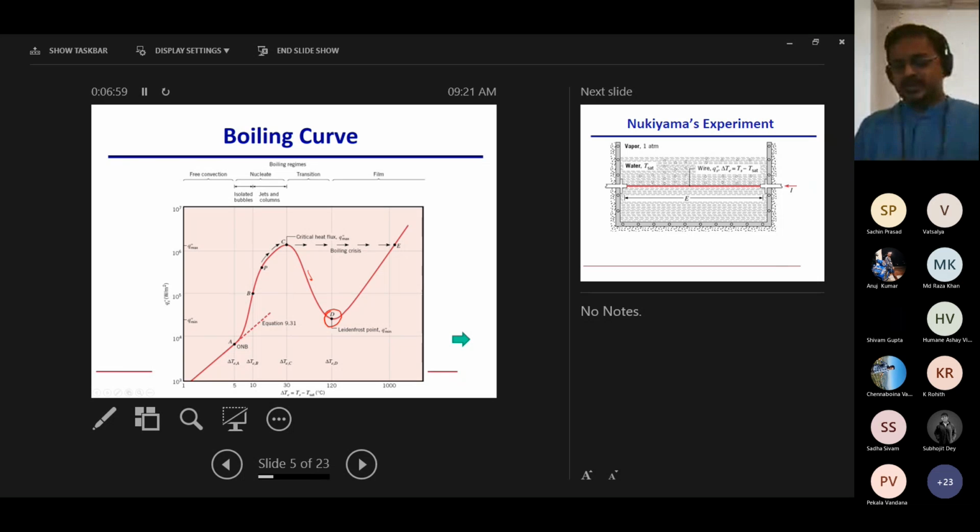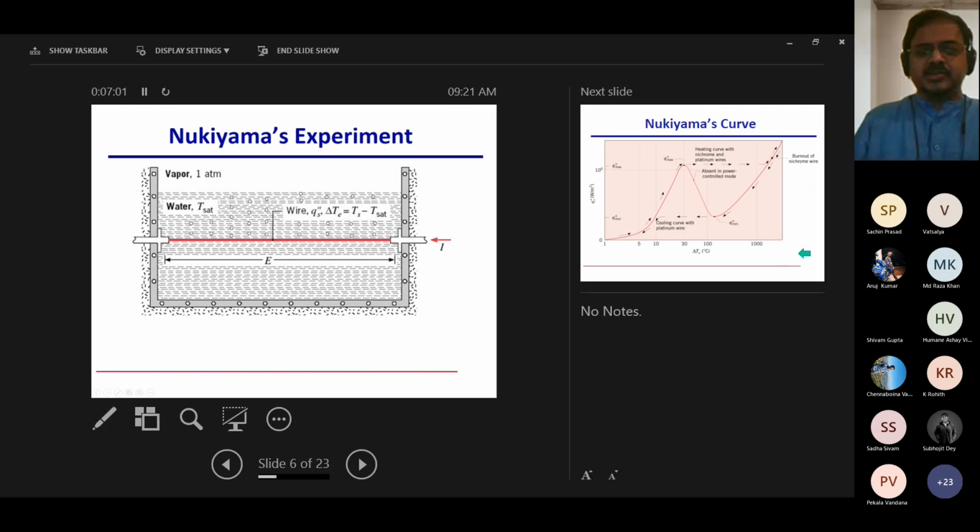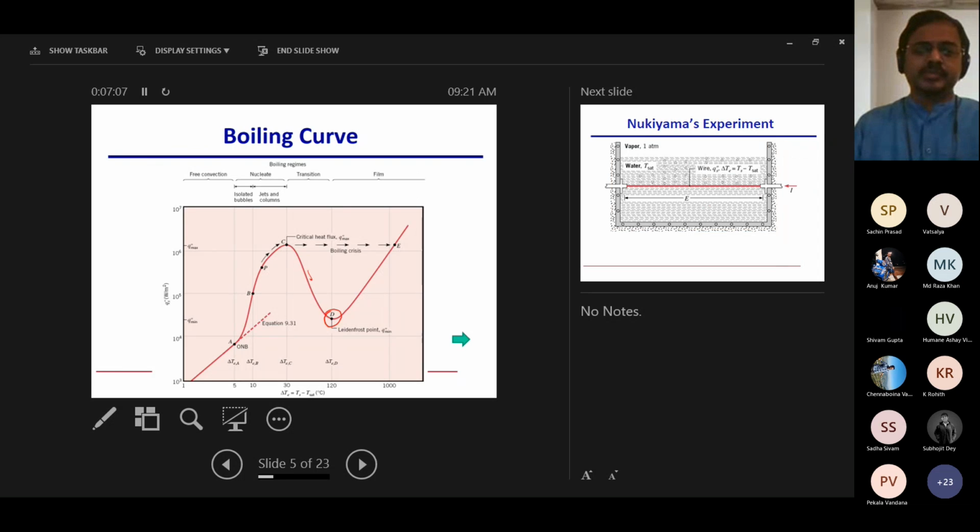Okay, all right. So this is the boiling curve. Now, I have told you one thing several times, especially during convection. If you want to get this curve, the x-axis is the temperature and the y-axis is the heat flux that you get, right? Now,